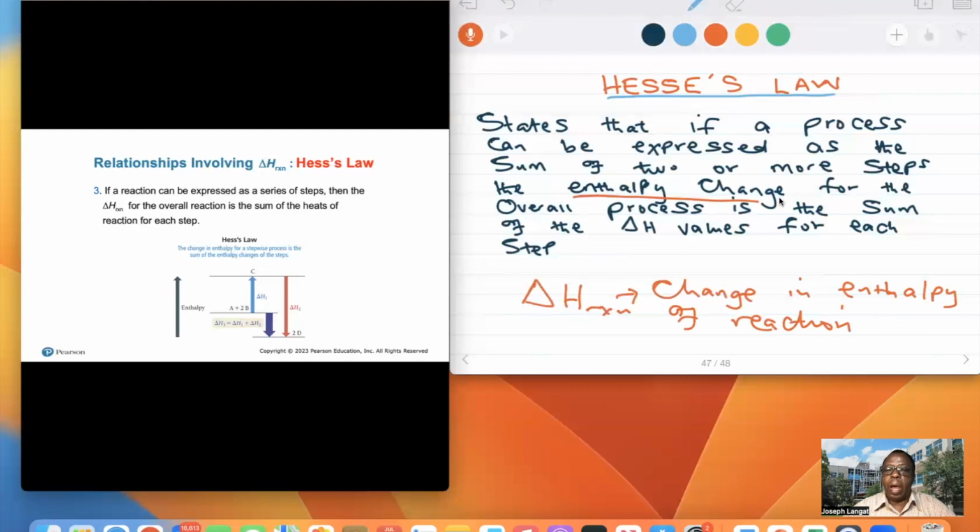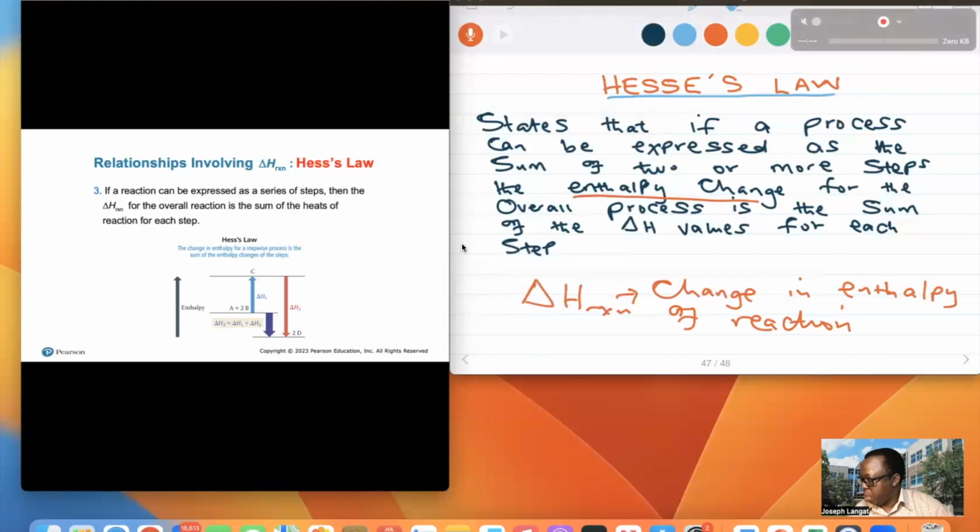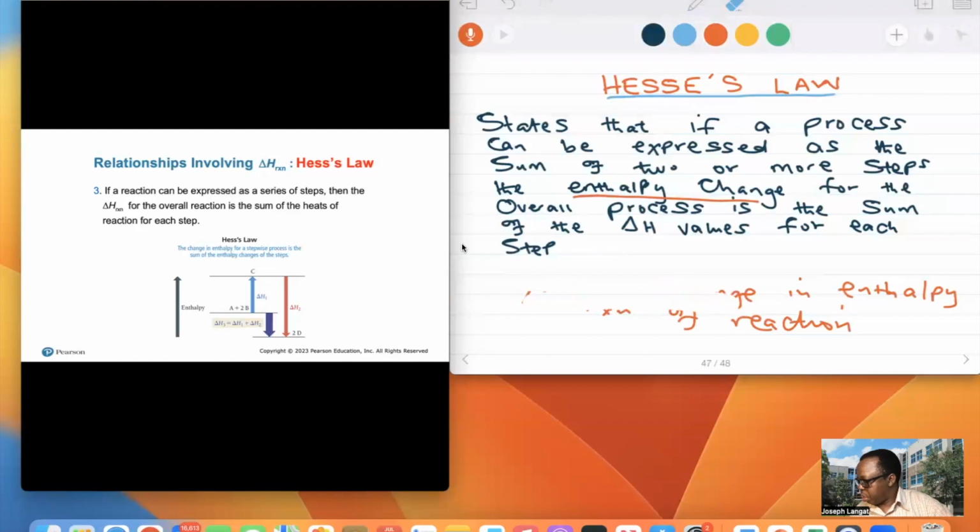So we can find the overall enthalpy for the reaction as a function of the sum of enthalpy values for each step. So this is step 1, this is step 2. We can find the overall by finding the change in the overall reaction. Some others call this, we sometimes call this also, this Hess's law is called